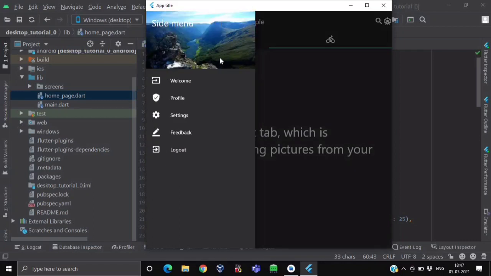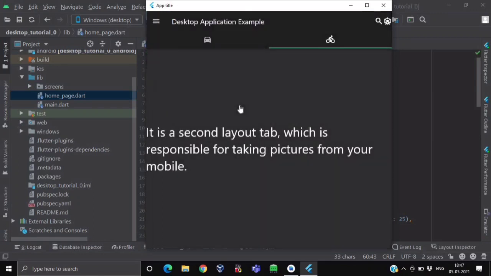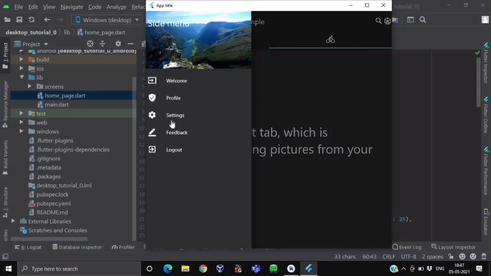Until the image is loaded, you can see a green color decoration on the drawer header, otherwise it will load the image from the network. The image link I have passed as URL, and inside this drawer I am having some drawer items. When you click on any item from this drawer list, it will close our navigation drawer. As simple as that.